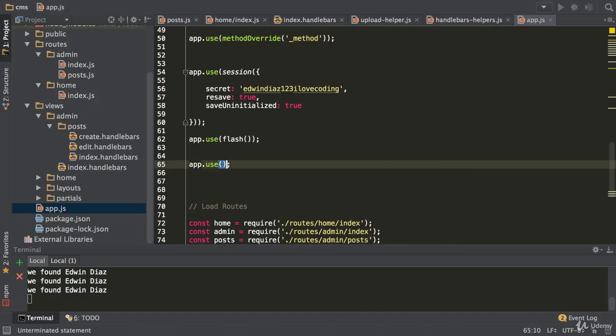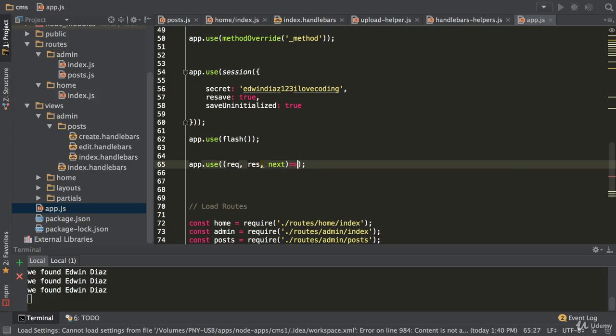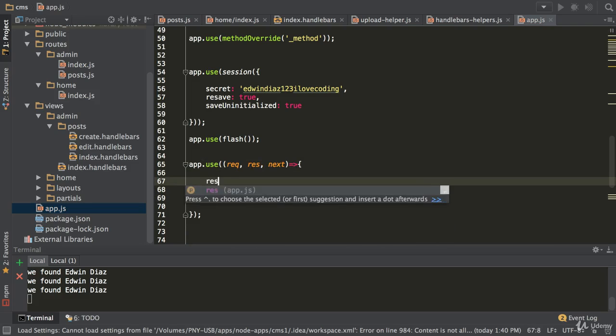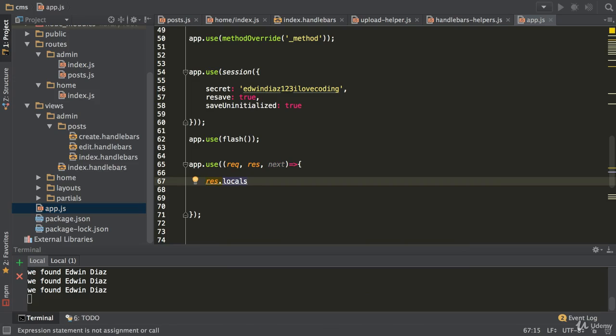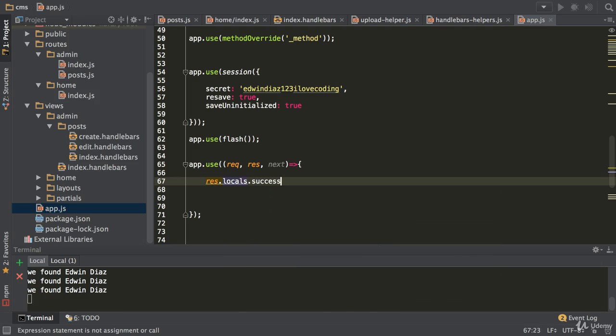I love using middlewares, just basically for everything you can think of. The request we get, and we get a next function because we need to tell it to go to the next. And we can create a local variable doing res locals, okay, by doing this. And we can add whatever variable we want. In this case, we want to have some type of message. So we're going to say success message. And the success message is going to be